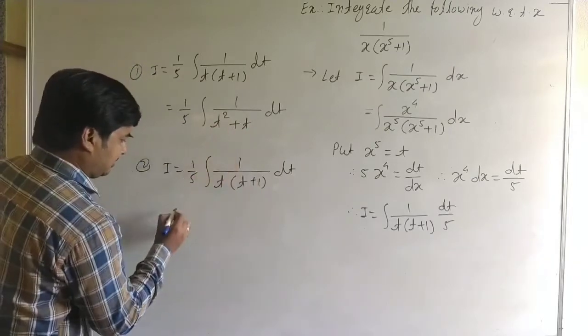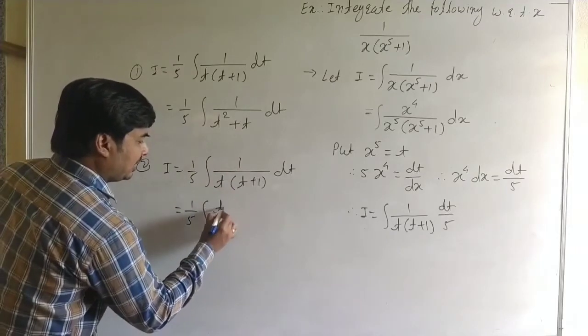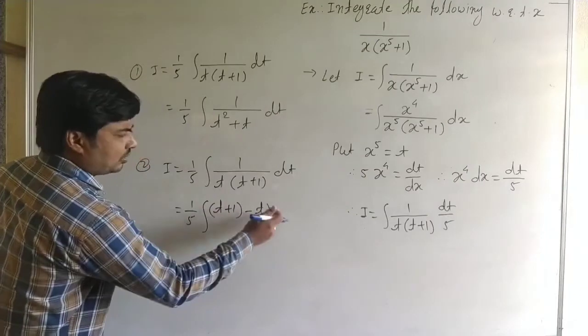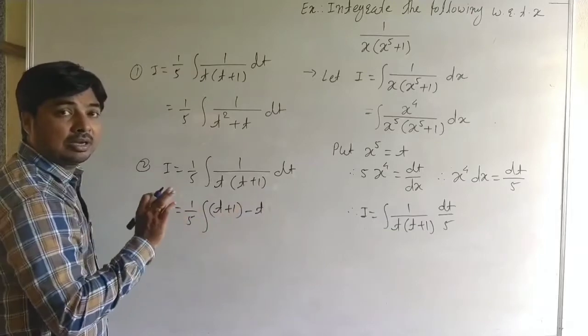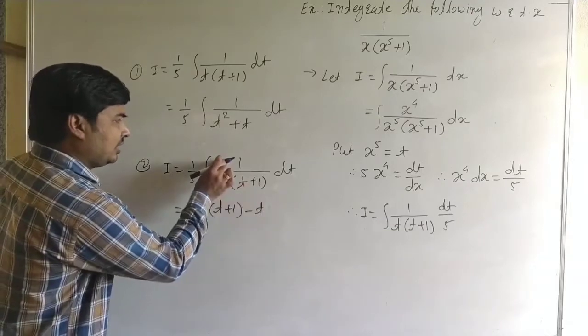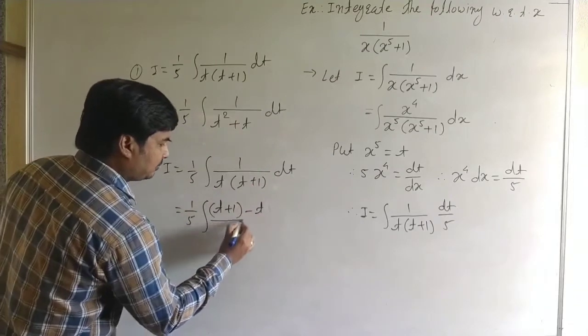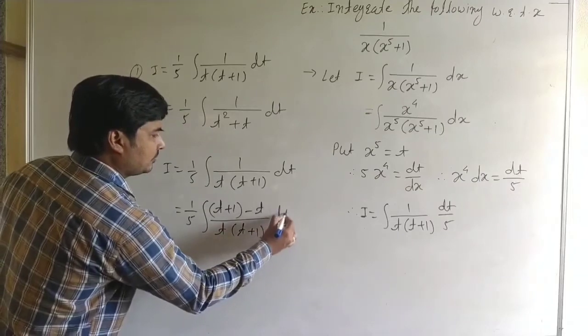We can directly adjust. Here it is 1 by 5 as it is. Now see carefully. We can write it as t plus 1 minus t. Here we write t, and here it is t plus 1, but then it is a minus 1, so we multiply by minus 1. So we can adjust. It is t plus 1 and t. We adjust these two factors in the numerator, and here it is t and t plus 1 dt.